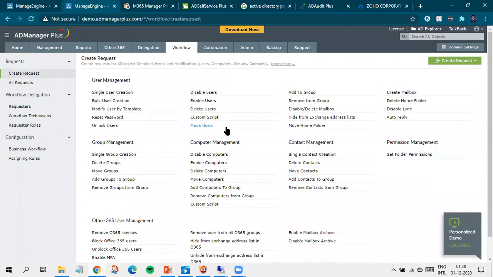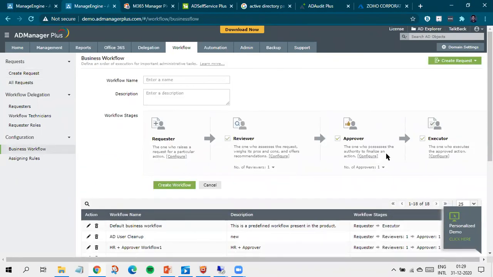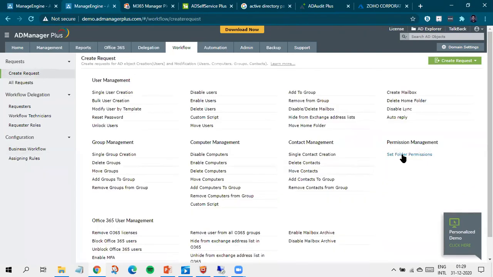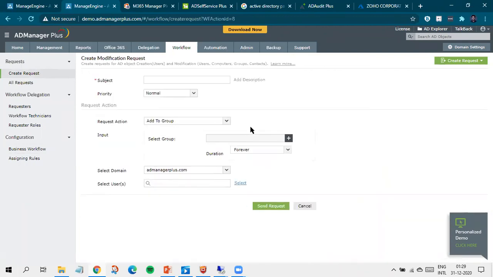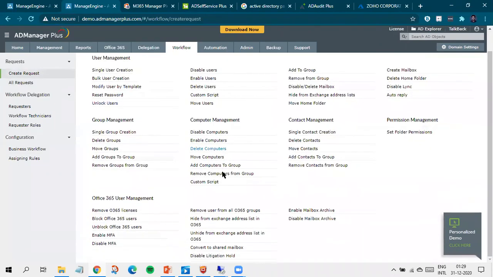right? You can also time certain activities. For example, do you see this option called set folder permissions? You can set permissions for certain folders based on a specific duration. So this is how it would work. A requester would log in, a requester would raise a request. It would go through multiple people in the workflow, right? And when the people review the request and they approve it, the permission will be granted, but only for the specified time, right? An example of that is your folder permissions, like I just showed you, or users added to groups, right? You can also add users to groups in AD based on a specific time. Similarly, you can have a workflow process set. You can set certain time-based activities for your Office 365 environment as well,